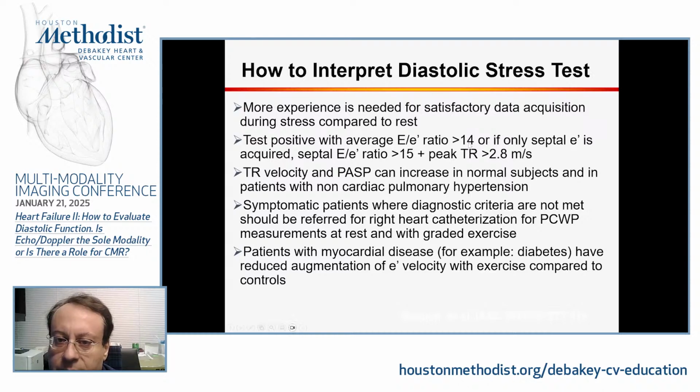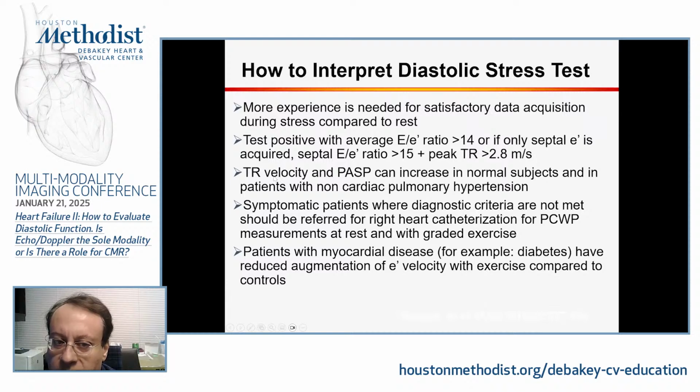The test is considered positive with a ratio E to E prime average of more than 14, or if you are a lab that acquires only septal or the lateral signals are suboptimal, then we want a ratio of more than 15. Along with increased peak TR velocity,